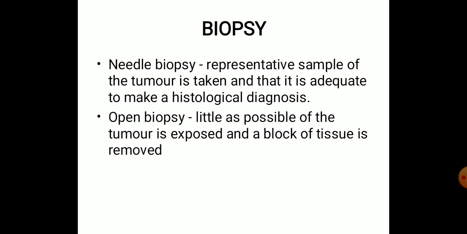The next one is an open biopsy, and this is a more reliable way of obtaining a representative sample, because we are actually opening the particular area and collecting the exact sample of the tumor. In a needle biopsy, there can be some kind of bias while aspirating content from the tumor. But if you go for an open biopsy, we open the particular area and take the exact tissue, or exact bone growth tissue.